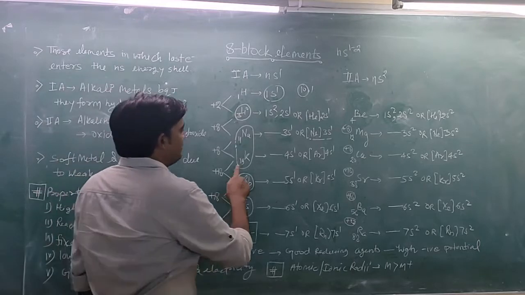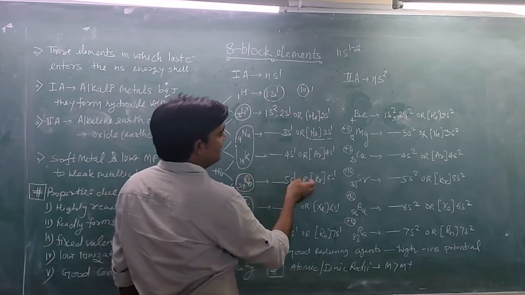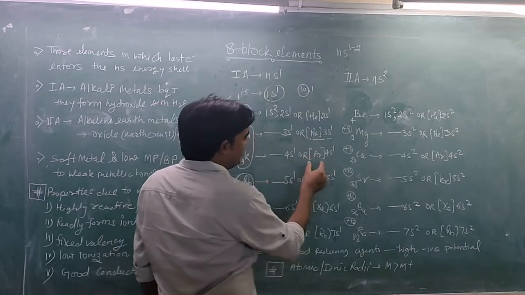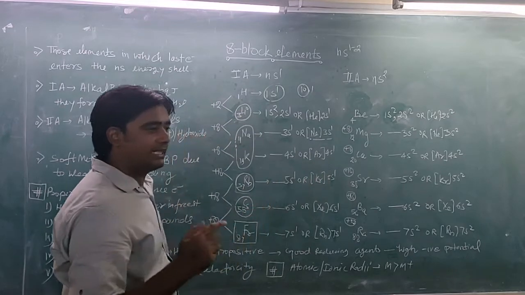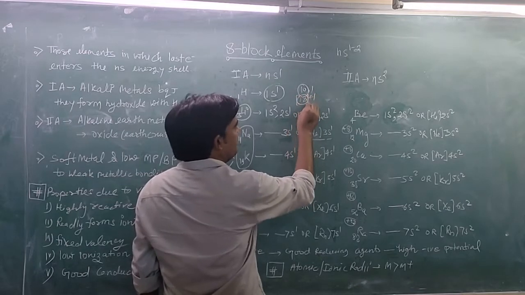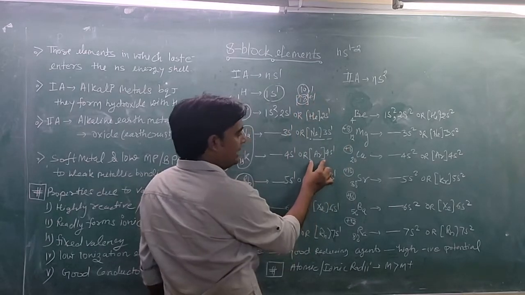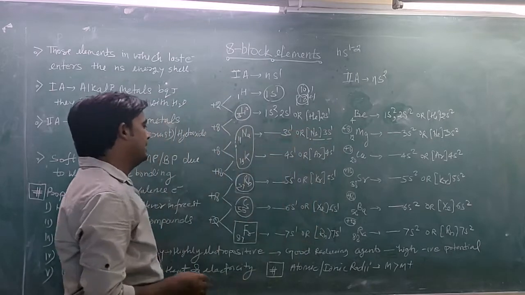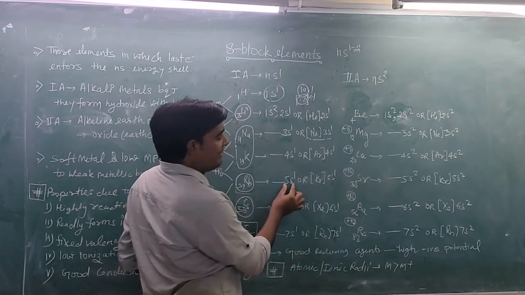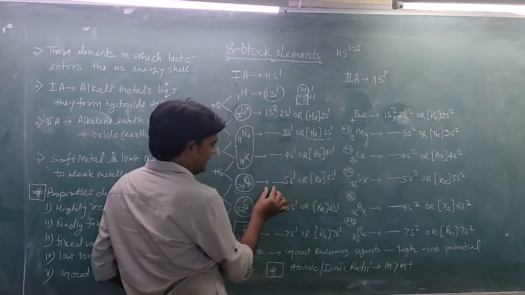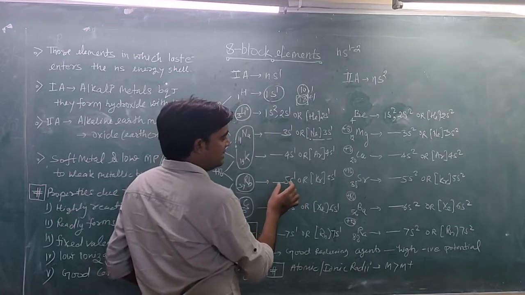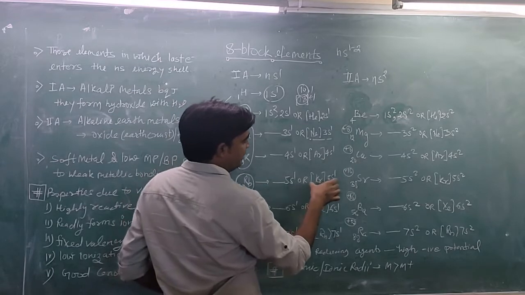Similarly, for potassium, you will find 4s1 as the valence shell electronic configuration, and argon has atomic number 18, so 18 plus 1. 18 is the argon atomic number, which is an inert gas. So you can write this as argon 4s1. Now Rb: similarly you will find the valence shell is 5s1, and before this is 36. 36 is krypton, which is an inert gas. So you can write this electronic configuration in this fashion.